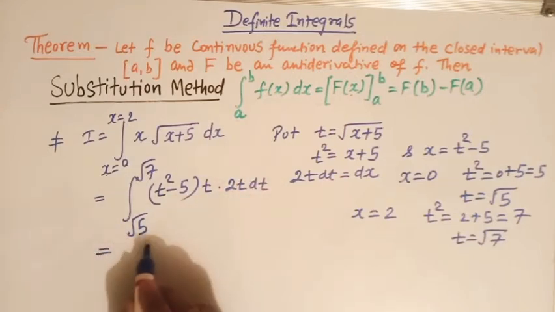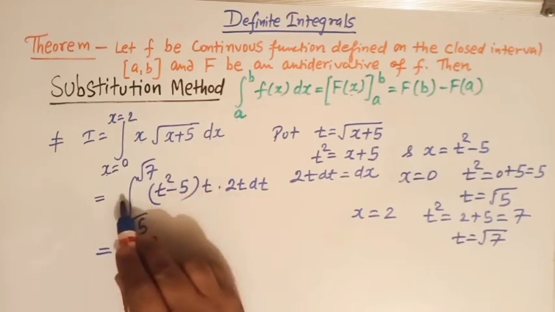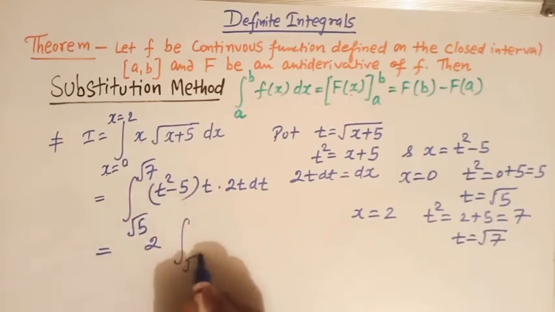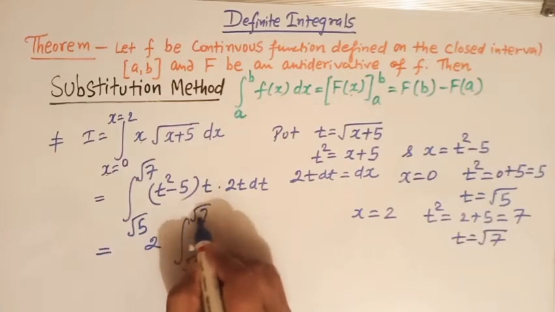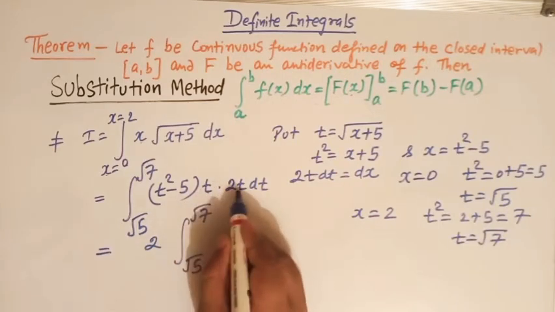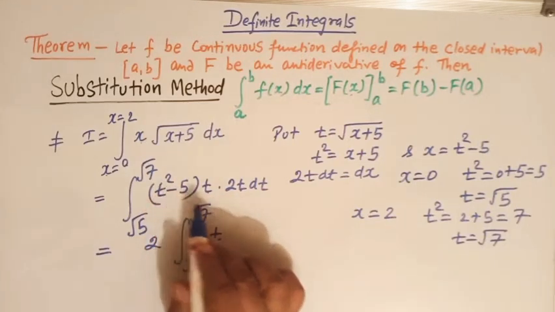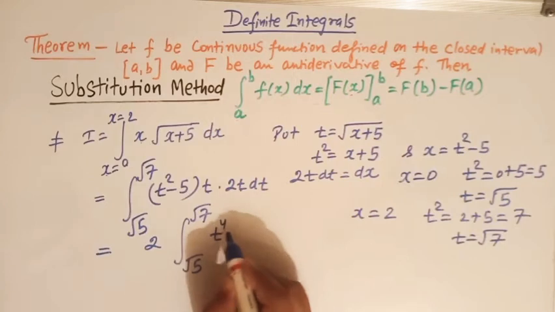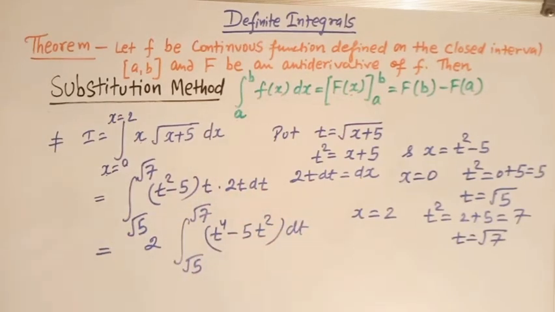So this can be simplified by taking 2 outside the integral sign. We have the integral from square root of 5 to square root of 7, and we have t square. So if we multiply it with t square minus 5, we have t to the 4 minus 5t square, right? Okay. Now